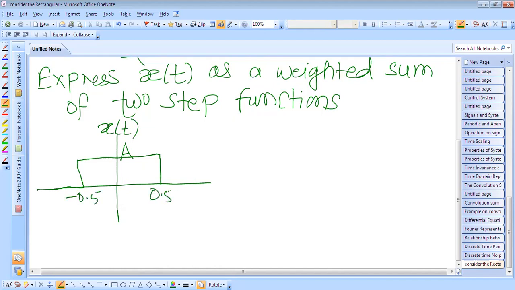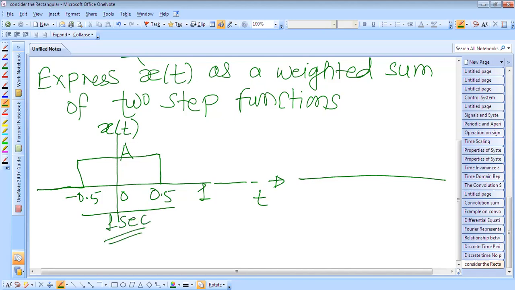This is 0.5. On this side it is 1. This is 0. Okay. And this is the rectangular pulse x of t of amplitude A and a duration of 1 second. So this total duration is 1 second, and the amplitude is